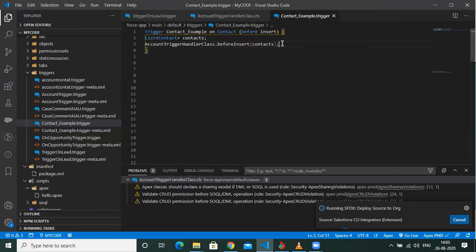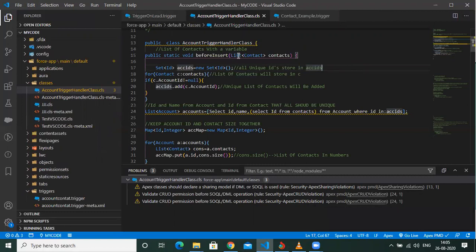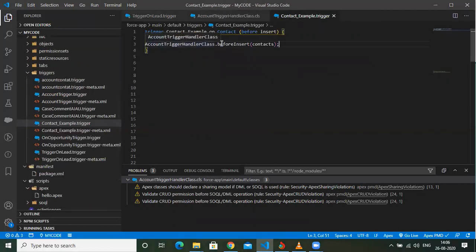Now guys, most of you are thinking, why am I writing a trigger, I mean, calling the class and method in this trigger, instead of writing the entire logic? Actually, this is the best way of practicing programming. See, if you have a handler class, this class you can call multiple times, or in multiple triggers. That is the reason why we always go for this trigger handler, and we write all the logic in it, and in the trigger we just call the class name with its method name and its parameters.